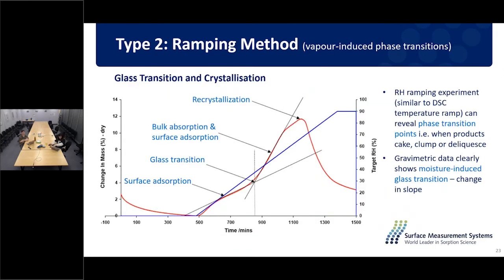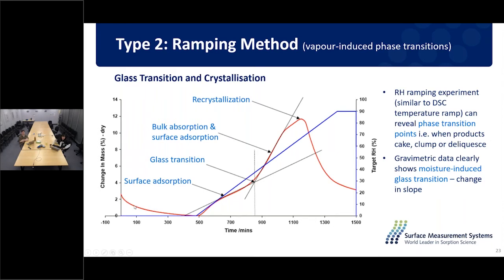And then we have another typical method with the DVS technique. Here we didn't wait for the sample to reach equilibrium, but this time we ramp the humidity from 0 to 90% RH with a constant ramping rate. This is a study we performed on the lactose sample to see any critical changes inside the structure of this lactose material. At the drying stage here, we have the red line losing mass, which is just